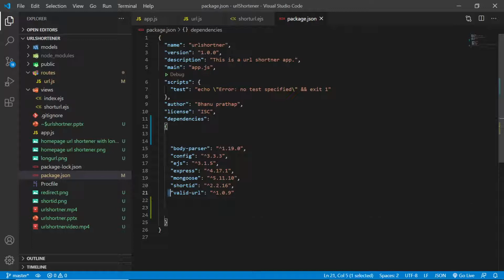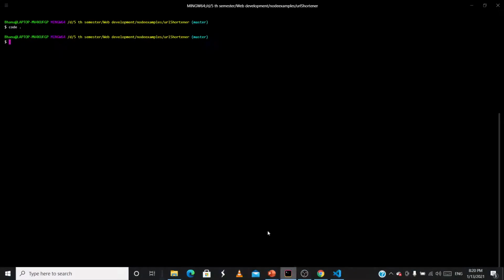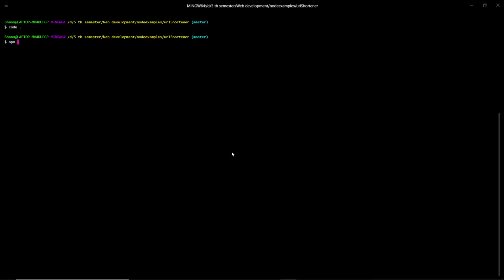I think I did not use valid-url, so no need to install it. Go to the terminal and type npm i, which is a shortcut for install, and type all these modules: express, mongoose, EJS, body-parser and the rest, and just install them.